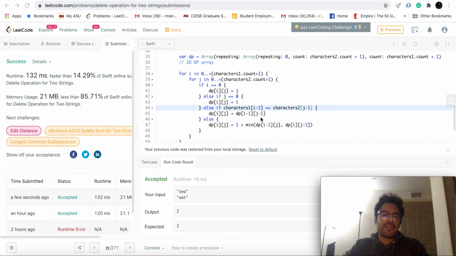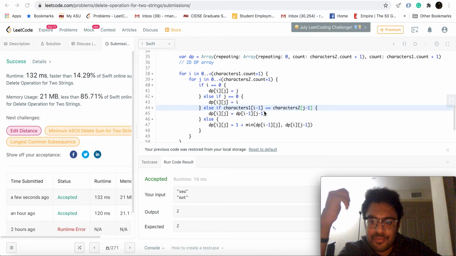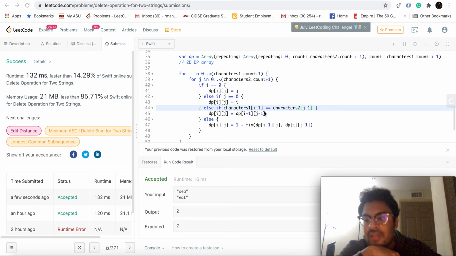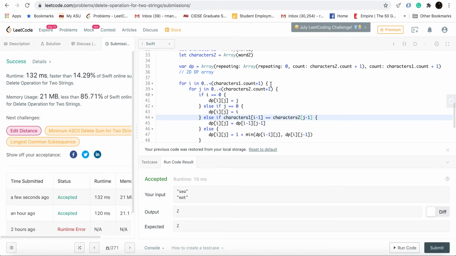One little comment that I want to make at this point is, if you're familiar with the longest common subsequence problem, that is also a DP problem. But if you're already familiar with that problem, you can actually use it to solve this question. How? I'll tell you how.